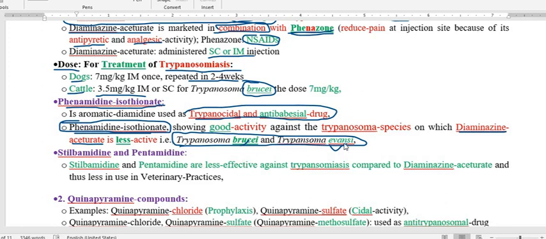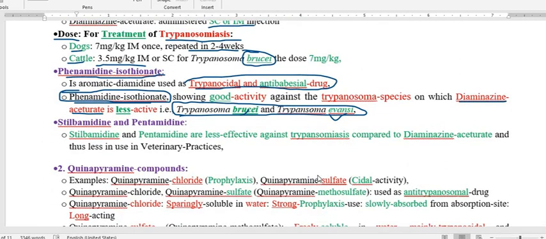We have to take the drug from the other group. So phenamidine isethionate shows good efficacy against the brucei and evensi species of Trypanosoma on which diaminogen aceturate is